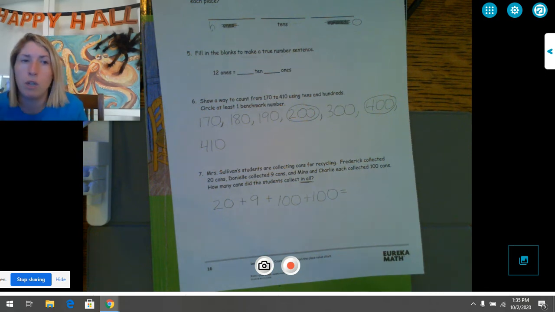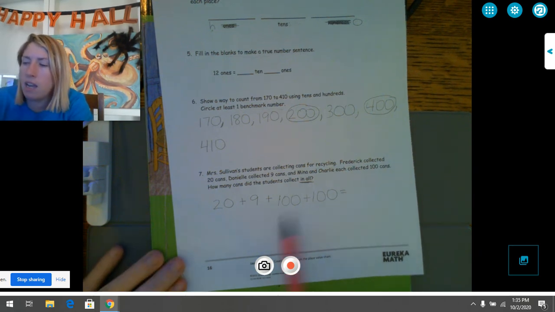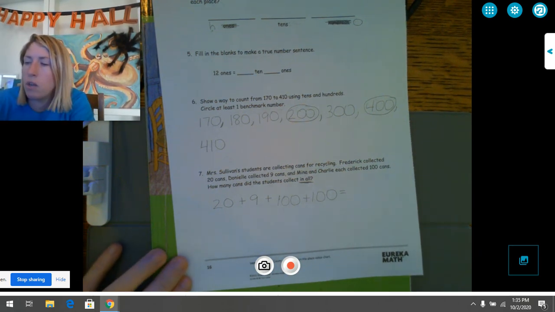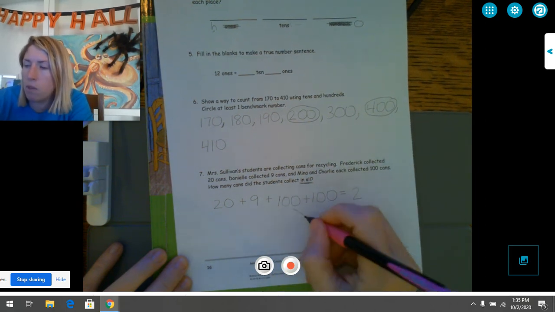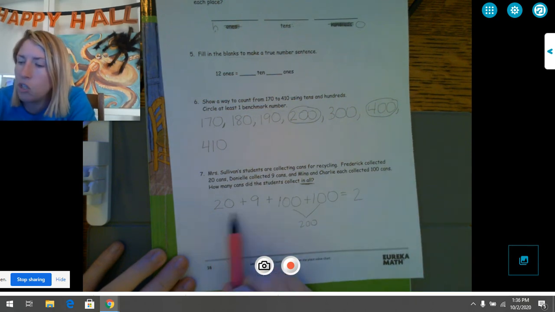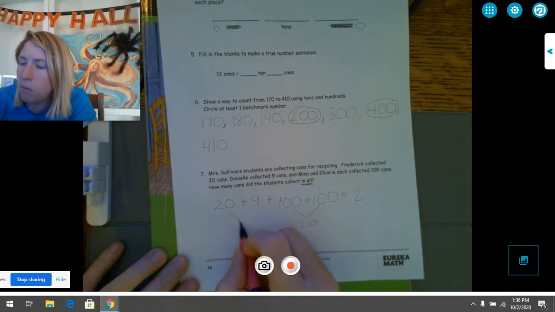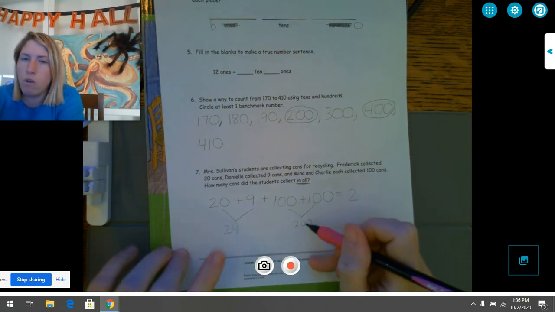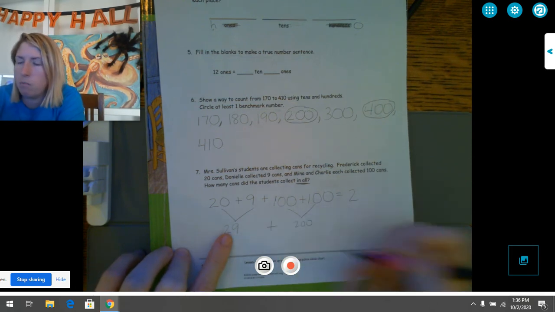Now, it kind of looks like a really big problem with all those numbers in there, but when you put them together, it's actually really not. So I see 2 hundreds. So I know that in my hundreds place, I could put a 2, right? There's a 100 and a 100, and you put them together and you get 200, right? And I see 2 tens and 9 ones. And when you put 2 tens and 9 ones together, 20 plus 9 is 29. So we have 200 plus 29 equals